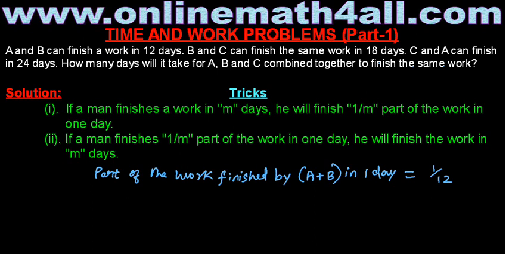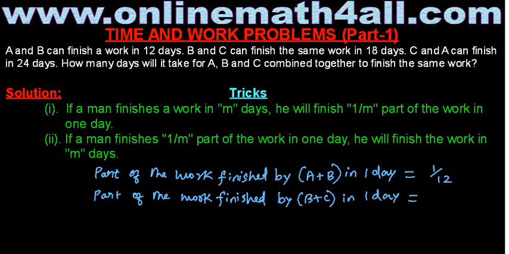So I just got 1 over 12 using the first trick, and B and C can finish the same work in 18 days. Then part of the work finished by B and C, that is B + C, in 1 day